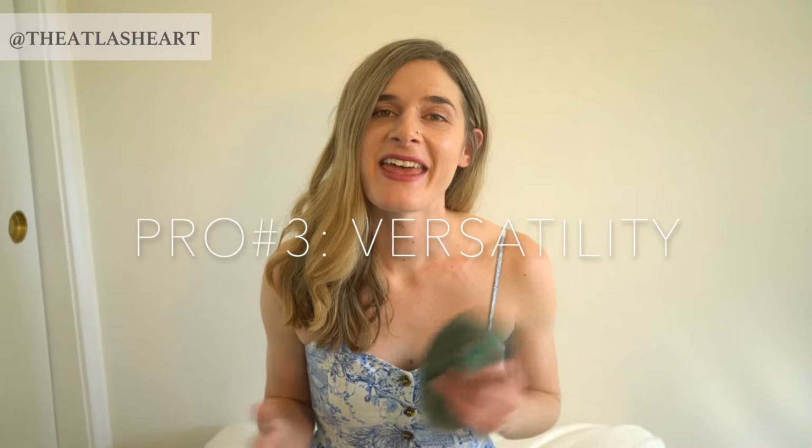Number 3, they are versatile. When I was looking at getting a good quality pair of travel shoes, I was looking at the versatility factor because as a backpacker who likes to pack very minimally, I've been doing carry-on only for pretty much the last few years since I've had Tieks. These shoes make it a lot easier because there are plenty of trips, especially if it's just a weekend trip or a week away, where I only take my Tieks because they can be worn with so many different types